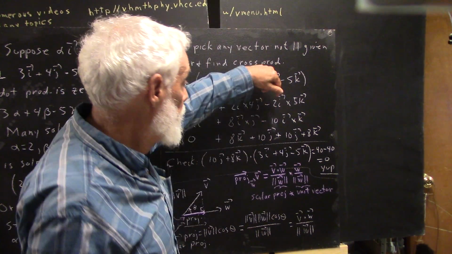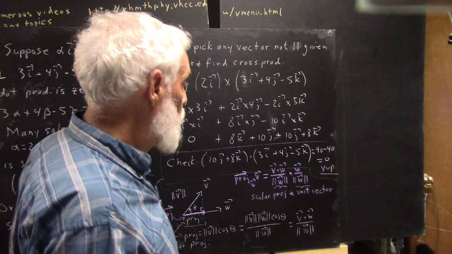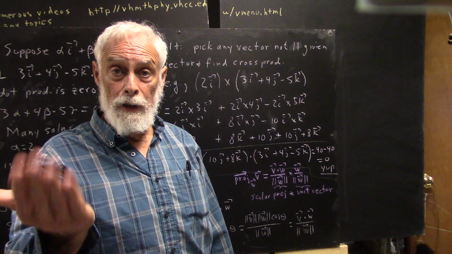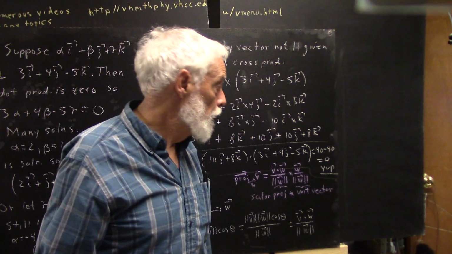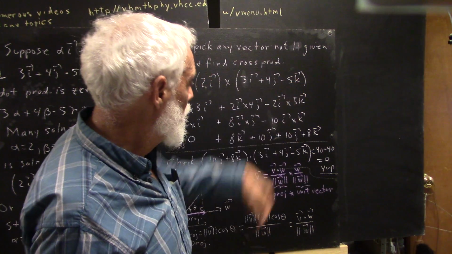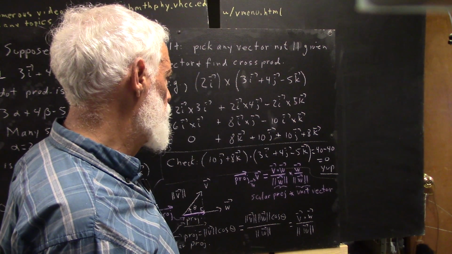Okay. Well, we have negative 10 times i cross k. What's i cross k? Well, i is in this direction, k is in this direction. My thumb is pointing here in the direction of negative j. So that i cross k is negative j,